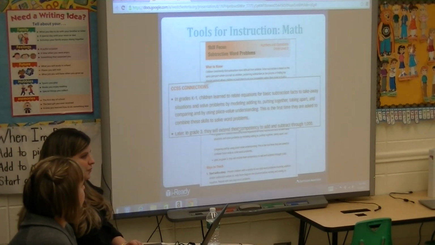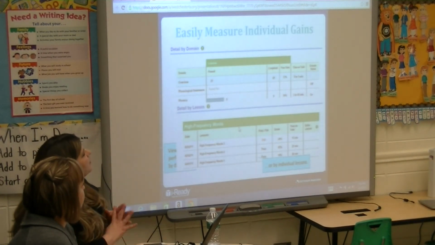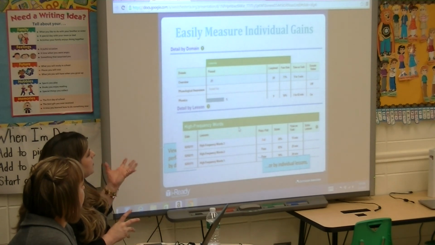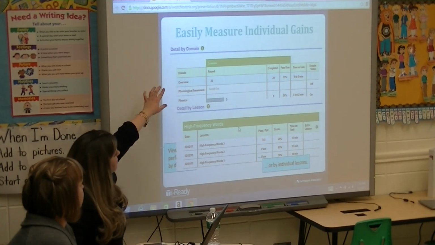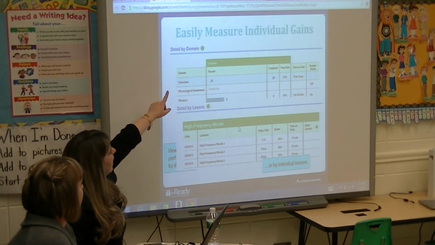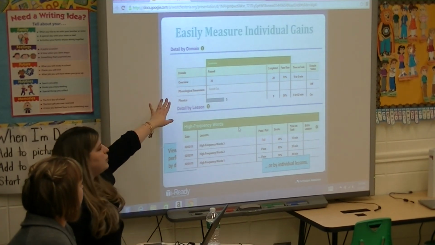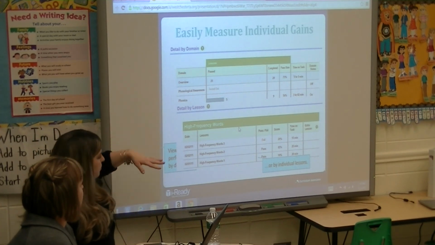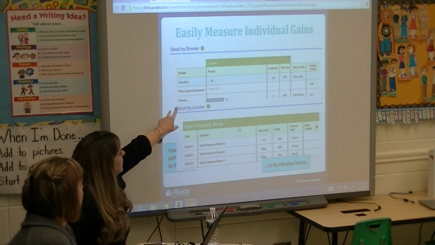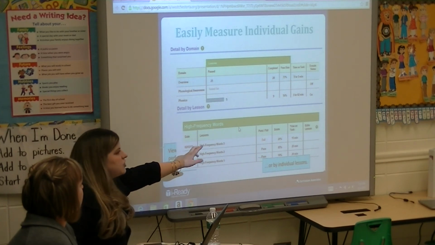Okay, to move on? Okay, so here's one of the measures of individual gain. This is something we would see on a student's report. What's great about this is that it shows us each domain, and how the student performed as an overview, so it rounds out how they performed in total. However, the greatest thing about it is that we can go into each domain specifically and see